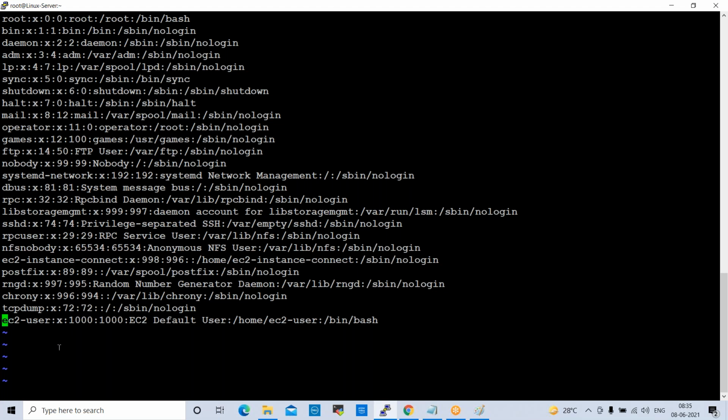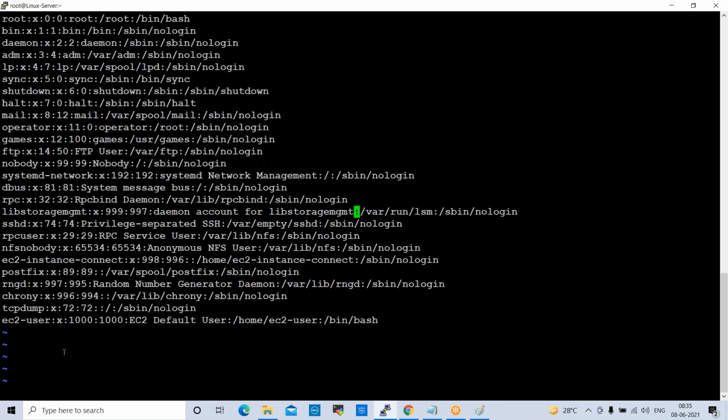Next one is to move the cursor forward word by word. For example, our cursor is here. I want to move my cursor word by word, so small w. What is happening here? It is moving word by word.